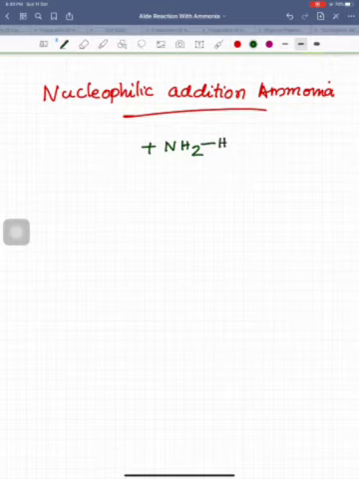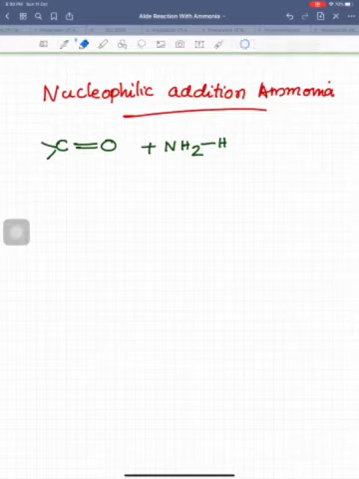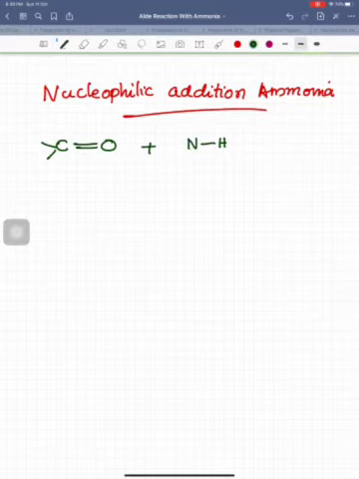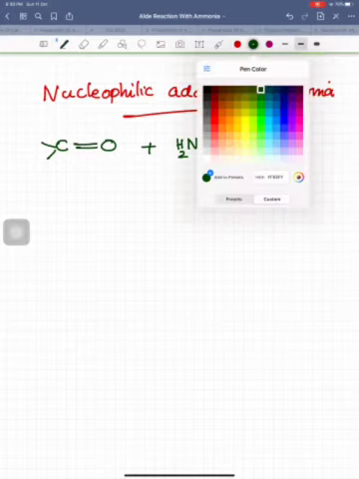In this, I am going to add it to a carbonyl compound. I am using the general formula only here, so either aldehyde or ketone, anything can come. For getting the product in a very easy manner, I just changed the NH2 like this. Yes, so what product is formed here due to this nucleophilic addition of ammonia to the carbonyl compound?